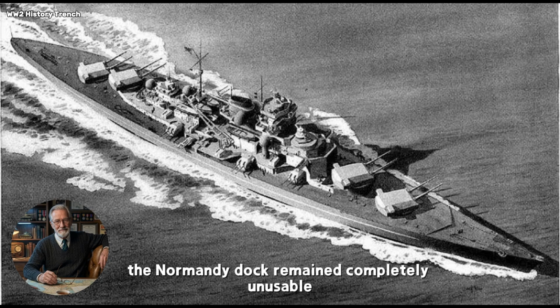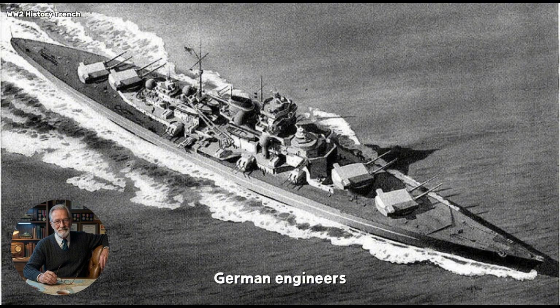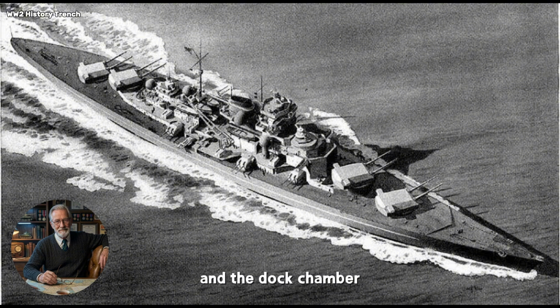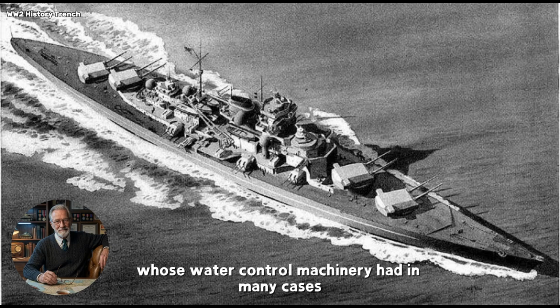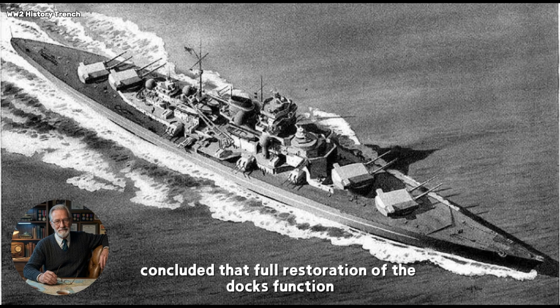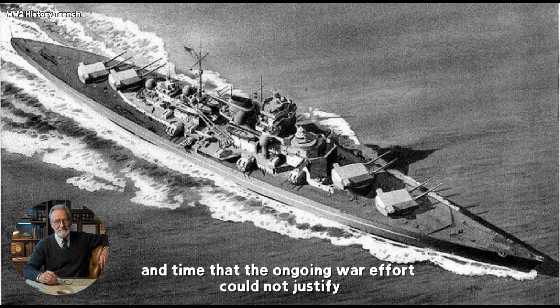The Normandie Dock remained completely unusable for the remainder of the Second World War. German engineers, faced with the casing gate destroyed beyond field repair and the dock chamber, whose water control machinery had, in many cases, also been successfully sabotaged by the commando demolition teams during the raid's second phase, concluded that full restoration of the dock's function would require a scale of engineering resources and time that the ongoing war effort could not justify diverting to a single facility,